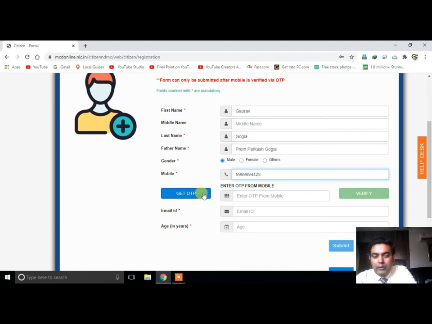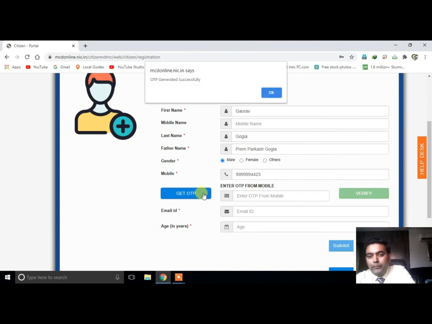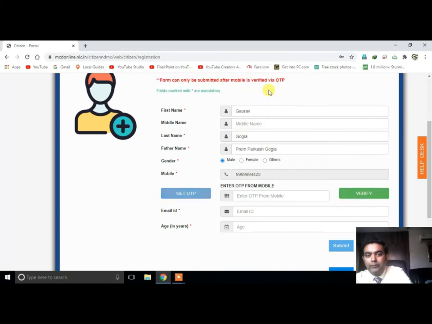After you enter your mobile number, you have to verify it through an OTP. It says the OTP has been generated successfully. I will check my mobile whether I have received the OTP or not.